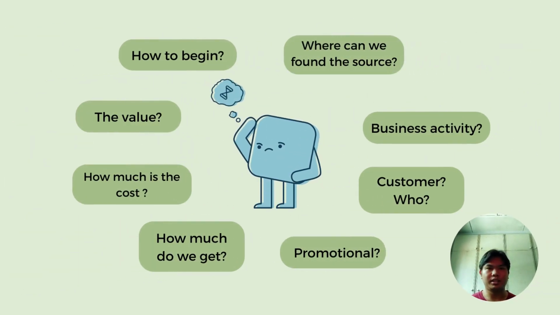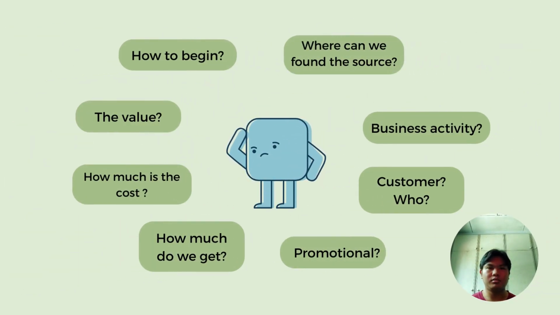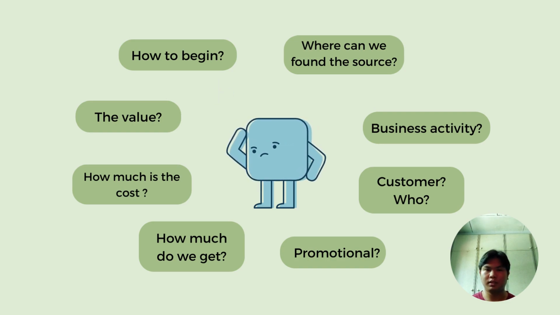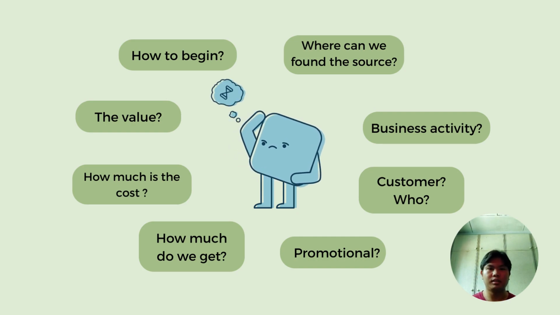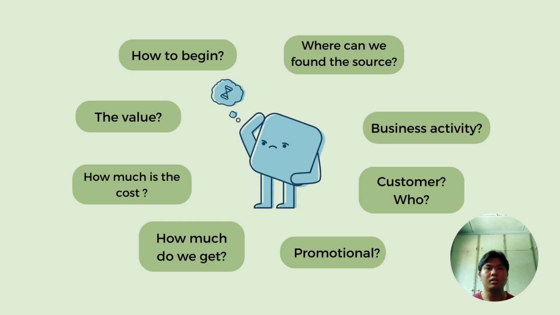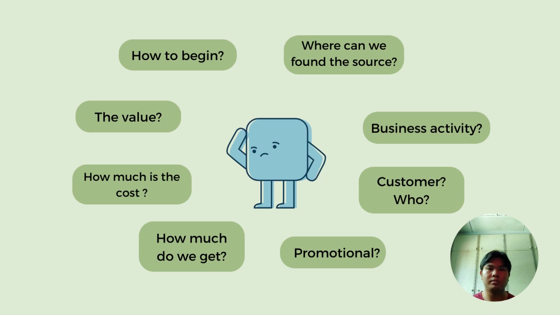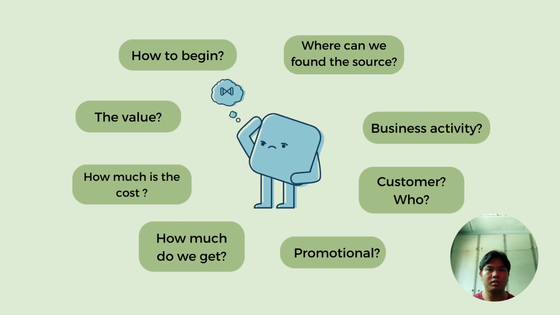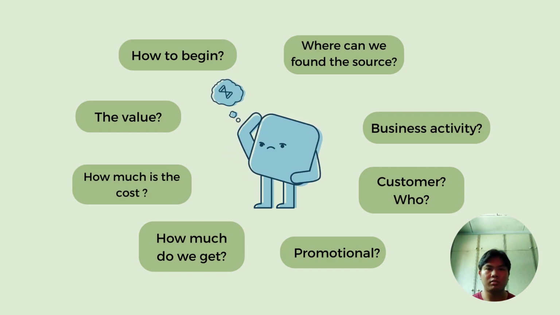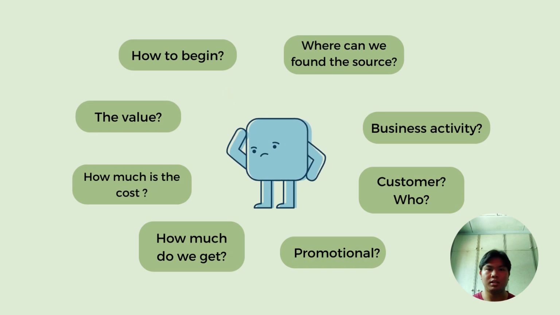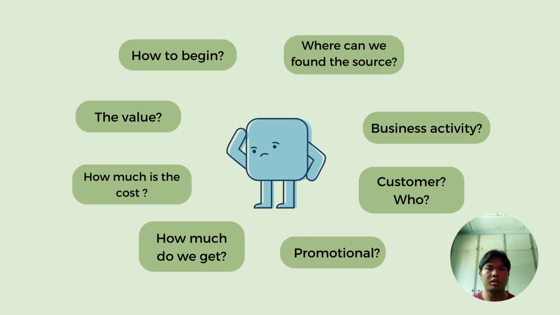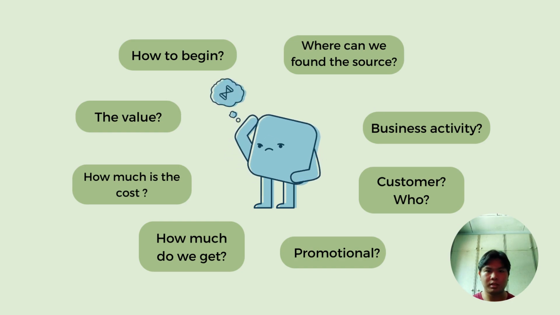My name is Ahmad Sharazi. My matrix number is BS2111035. I'm working on sales of our business activity. So before we proceed to real business, I am the person who was responsible in strategizing our business. So I must think how to start off our business, where can we find the resource, like how can we get the raw materials and many more. What is our business activity, but it has been mentioned earlier. Next, the customer. Who is our customer and how can we attract our customer? How can we promote our business product?